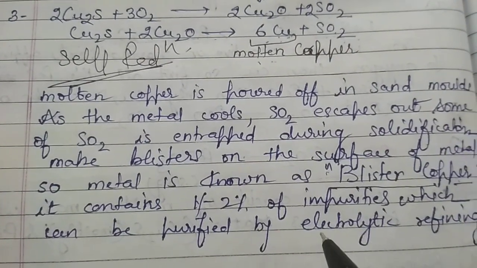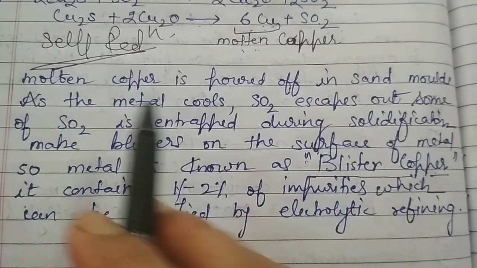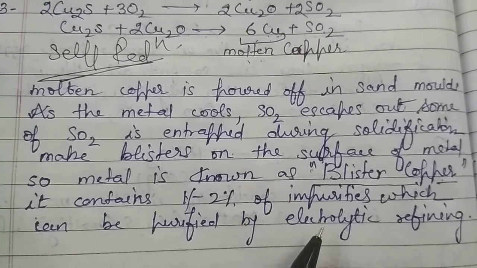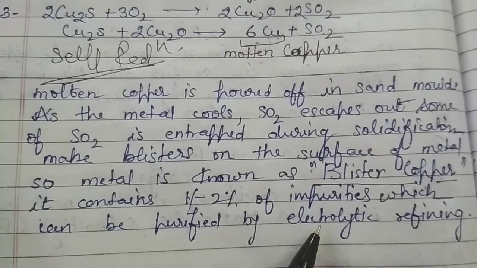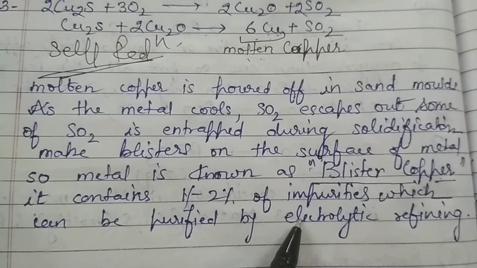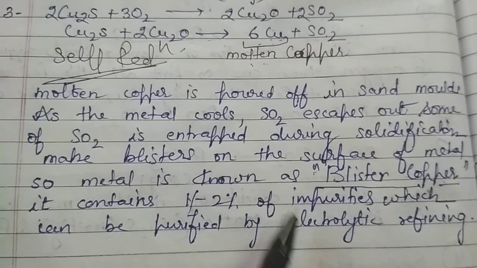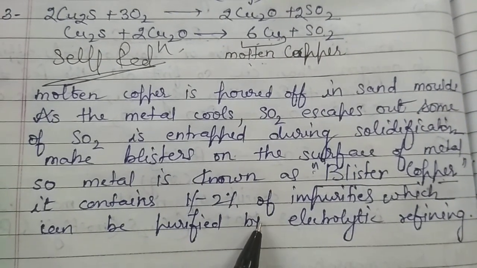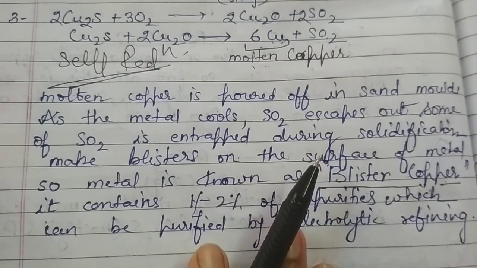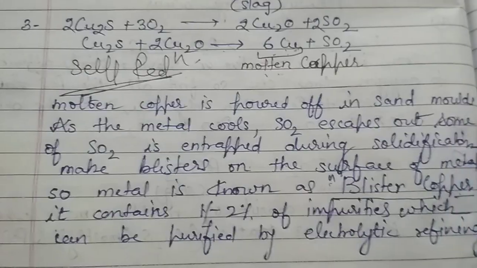When we complete all the metallurgies, we will discuss all the purification methods by which different metals can be purified. So copper can be purified by the electrolytic refining that we will discuss later on. So you are to study it, read it in your book, make notes and try to learn it at the same time. Thank you.